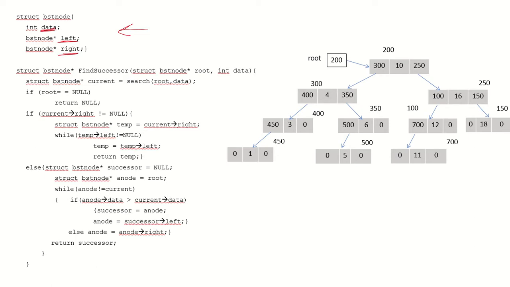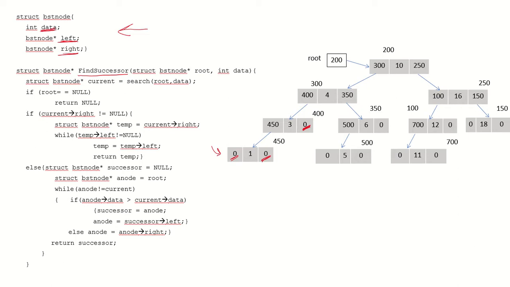We know that any node which does not have a child would have a null. So like if this is a node which is not having any left child or a right child, it is having null values. Like this node over here which is not having a right child, again it is having a null value over here. So now we will proceed, we will write a function find successor.